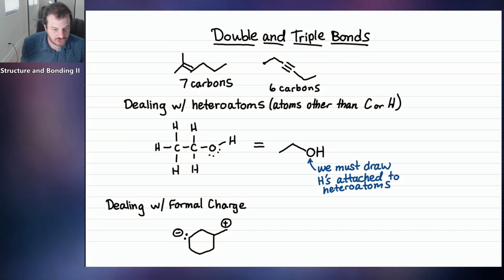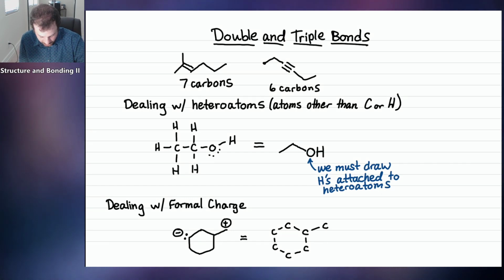So now let's take our bond line structure that we have here and turn it into a Lewis structure. So this is similar to what we drew before. Let me just draw in the carbons, and what we're gonna talk about is the hydrogens, which is really interesting for us. Okay, so there's the carbons in the ring, and then we have another carbon outside the ring. And so the thing to keep in mind is, remember when we were drawing the Lewis structures, we needed to add hydrogens such that each carbon had 4 bonds. So for example, we added 2 hydrogens to this top carbon here so that it would create 4 bonds.